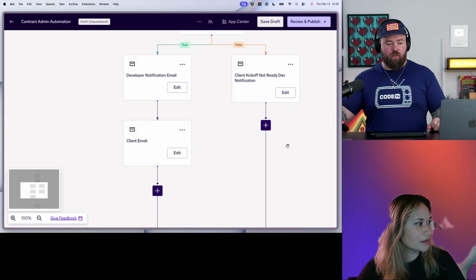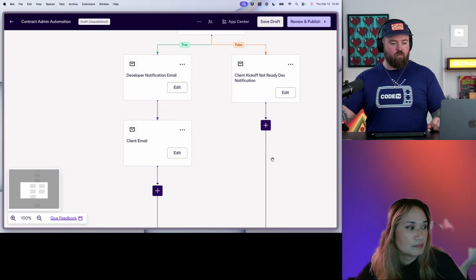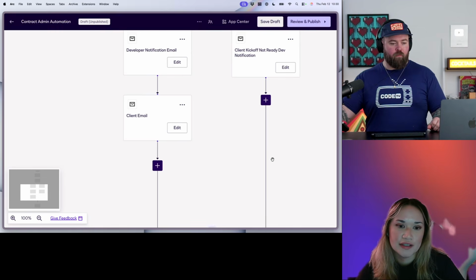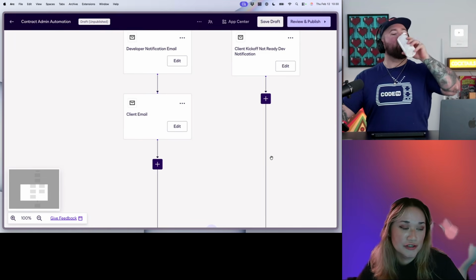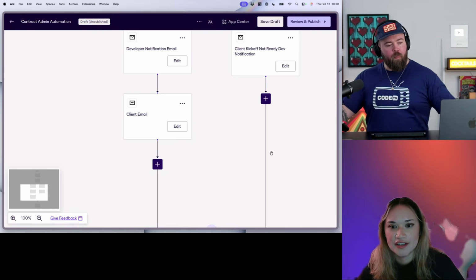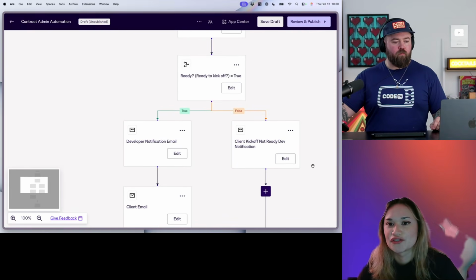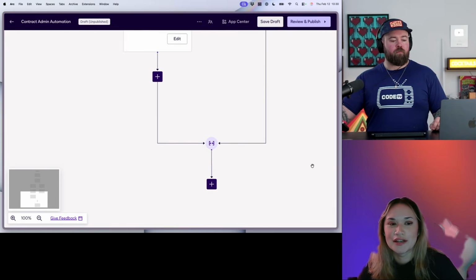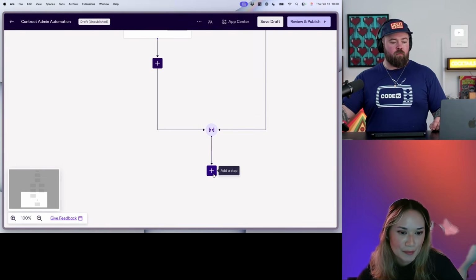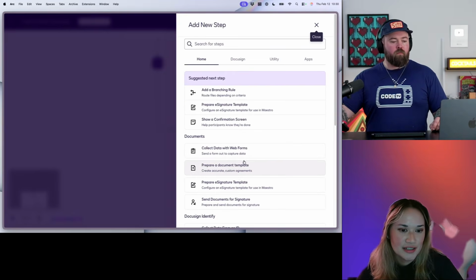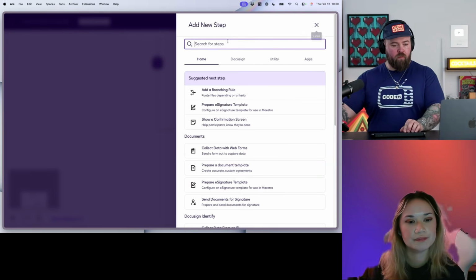And then are we adding something else here? No, we're actually just going to keep that fine because basically what will happen is once the edits are done on the agreement, it gets resent to the client, the client signs, and then the workflow's triggered again. Got it. So then they'll be ready. So we can actually just go all the way down to the bottom, yep. And then let's do show a confirmation screen is this one.